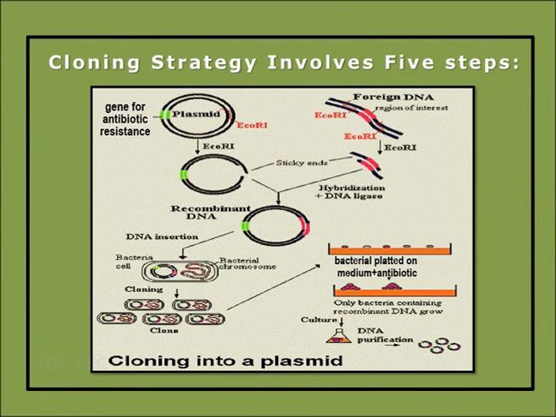Here we are showing it as a bacteria. And this is called the process of cloning. Now, after this, we need to select those cells which have received the plasmid with the gene of interest, or in other words, that have received the recombinant DNA, by a process called screening.